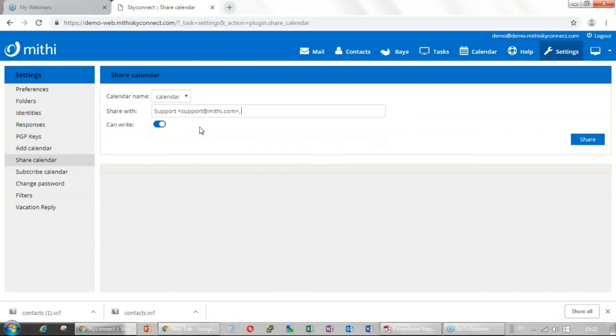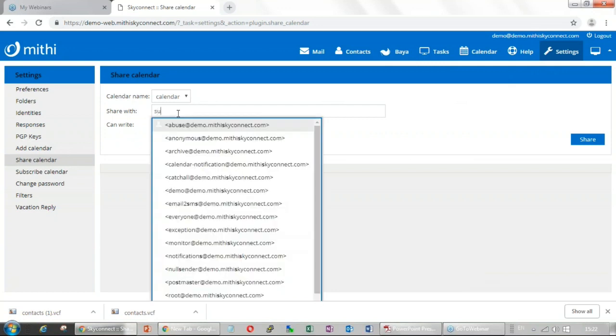Go to share calendar, and then you can share it with other team members.